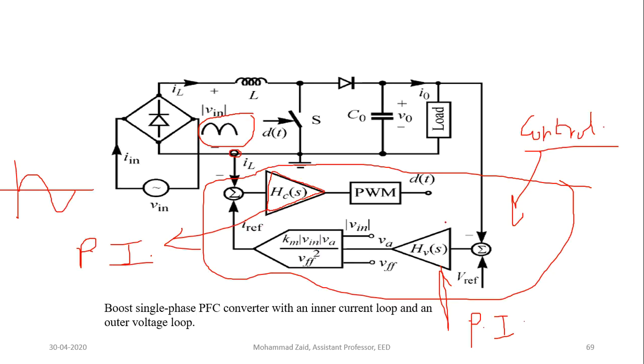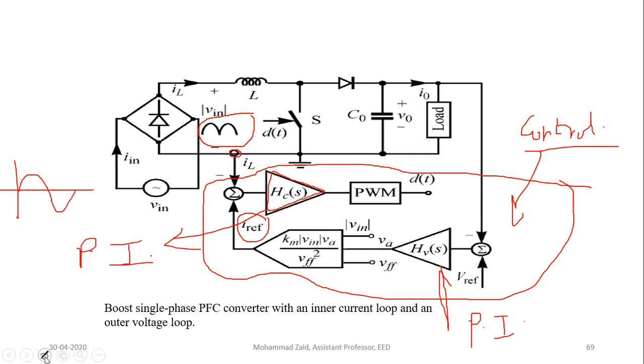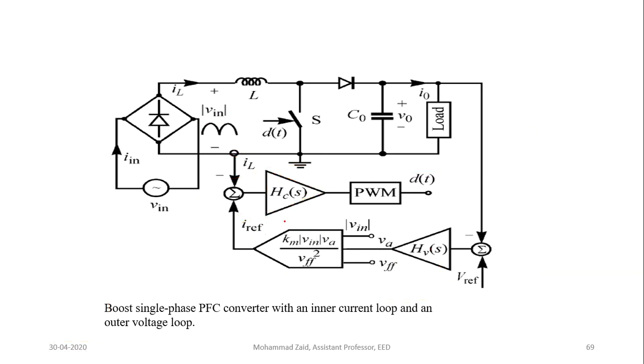Now how is this reference current generated? That is through this control loop. We have sensed the output voltage, then it gets into a PI controller, then we put it into some kind of gain controller, and then I reference is generated. This I reference which we have generated is a sinusoidal current. Let me draw it properly.